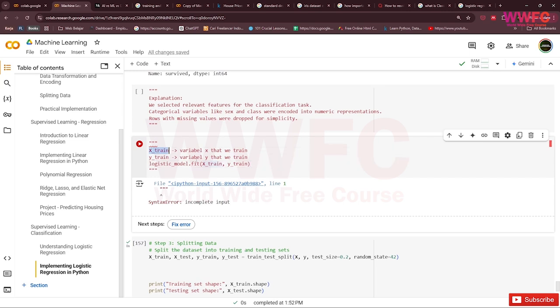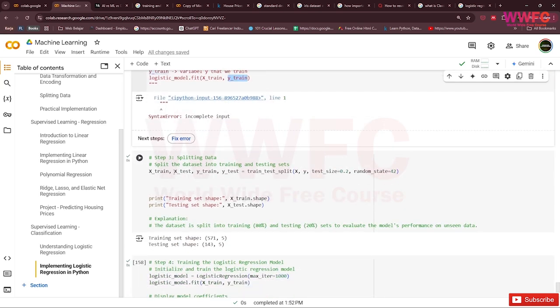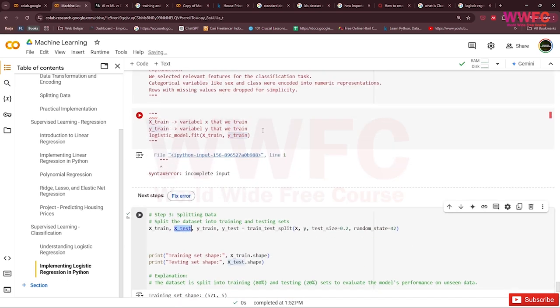This is the X train, used as X train here. Y train is y train here. But how about X test? X test is